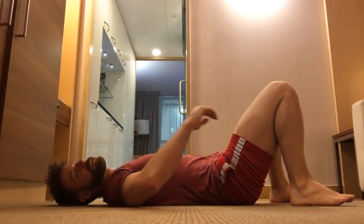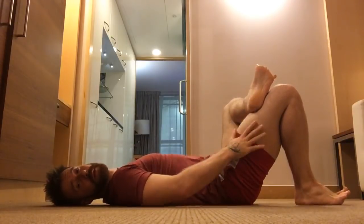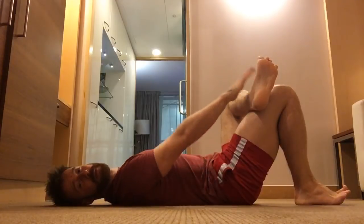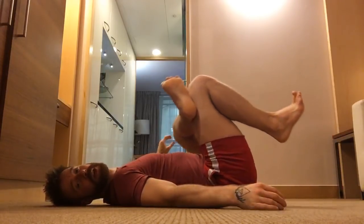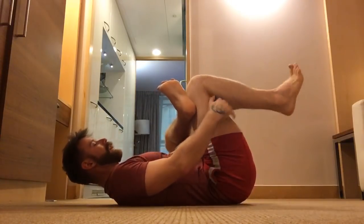Where we're heading next. Next move is back release. To do back release, you're crossing left foot over the right knee, making sure that the ankle is a little bit to the outside, but it isn't going to be pushing painfully onto the tissue. Bring the legs up. Left arm goes through the gap in the legs to hold the thigh, or holding the